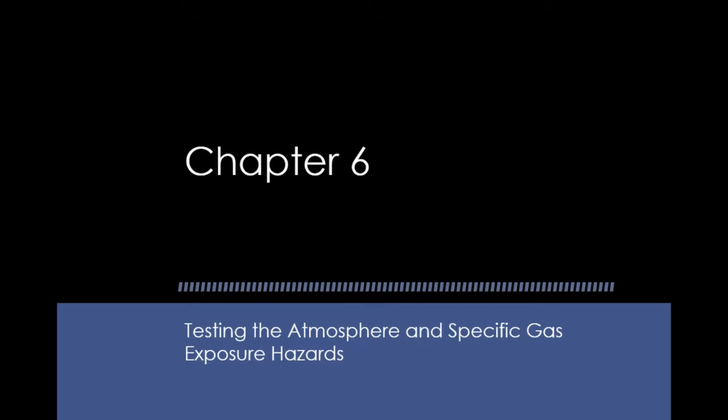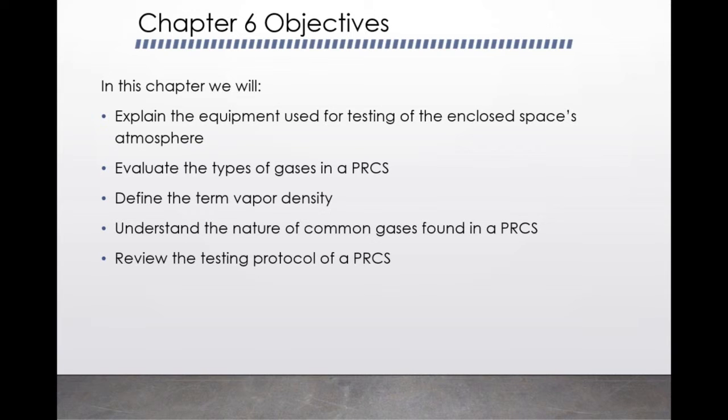Alright, let's keep going. Chapter 6 is going to be testing the atmosphere and specific gases in the atmosphere, just to make sure that you are aware of all the different types of exposures. So in this chapter we'll talk about some of the equipment it takes for testing the enclosed space. Talk about the different type of gases that you'll be exposed to,